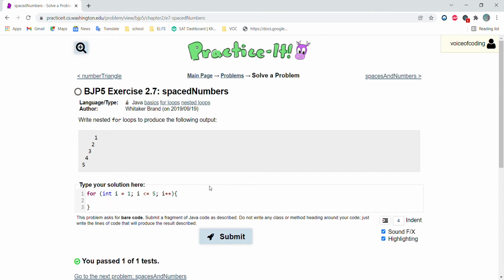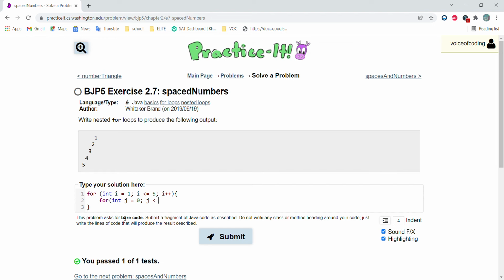Then inside that for loop, we're going to write another for loop. So the first for loop was for the rows. Now we're going to be doing the columns. So for int j, we're going to be using a different variable, int j. We're going to just say that it starts from 0, and j is less than, not less than or equal to, just less than